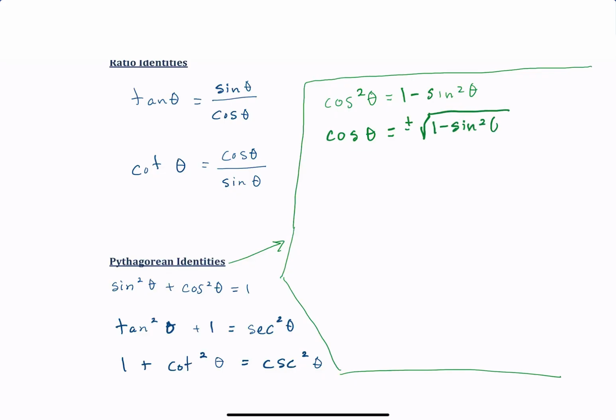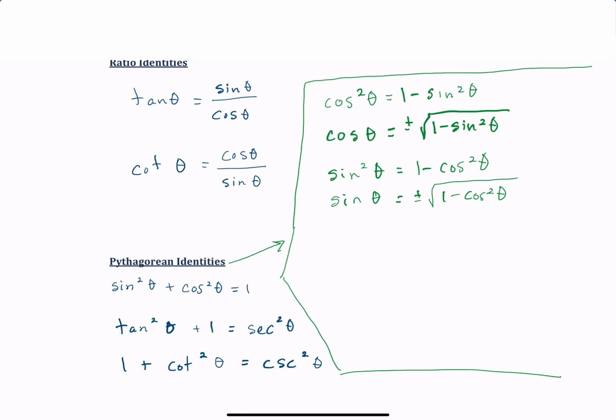Then moving on to sine, if you subtract cosine squared from both sides of that original identity, you have sine squared equals 1 minus cosine squared of theta. Taking square roots on both sides, we have sine of theta equals plus or minus the square root of 1 minus cosine squared of theta. And we have all the similar kinds of variations for tangent and cotangent and secant and cosecant, although you don't see the square root ones quite as much with the second two of the Pythagorean identities. So I'll just mention that you should at least recognize that